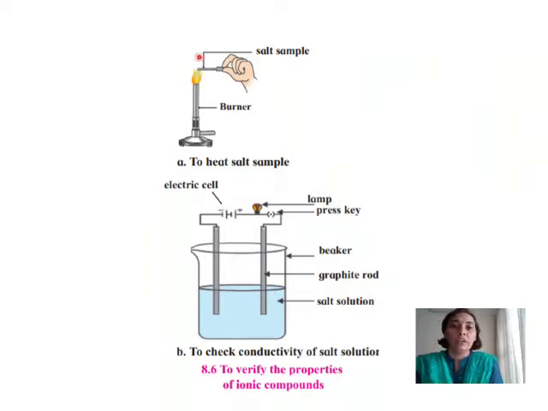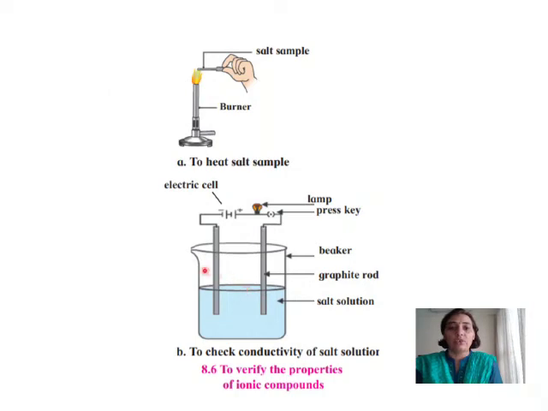So if we take a small sample and heat it, we will find that they do not melt easily because they have very, very high melting points. This is one observation that you will see: when you are heating it directly over a flame, it does not melt easily. So you conclude that they have very high melting points. And we have just seen the melting point of sodium chloride, which is 801 degrees Celsius.